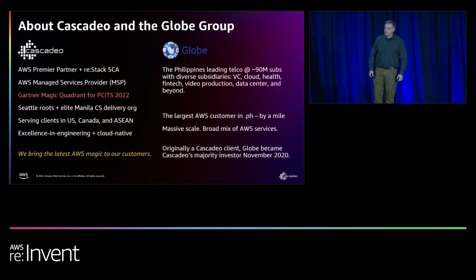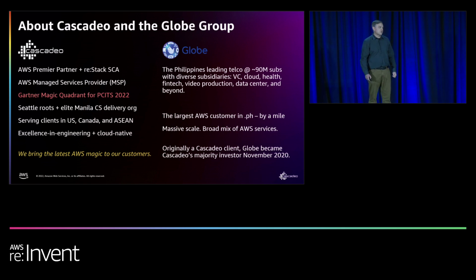I'm particularly proud of the fact that we made it into the Gartner Magic Quadrant for public cloud IT transformation services two years in a row. So this is a new Magic Quadrant that Gartner put out. And we're a relatively small firm. Most of the other firms that are in that Magic Quadrant are orders of magnitude larger than we are. And the reason that we qualified really is because we focus on transformation. Okay, so we focus on helping companies build net new or refactor or modernize around AWS